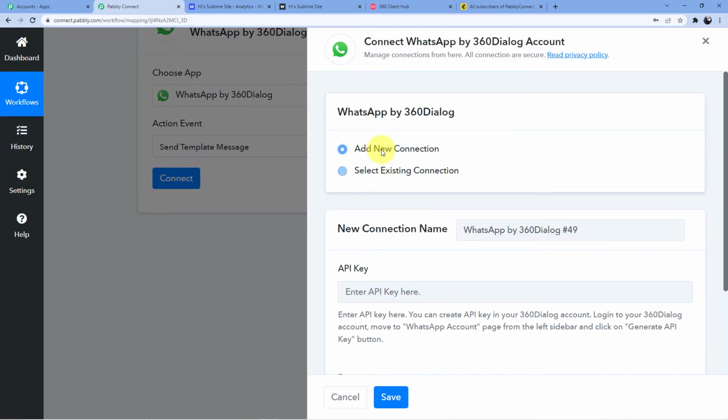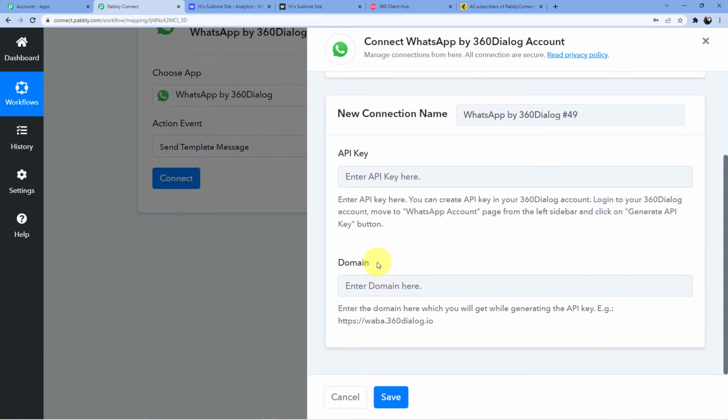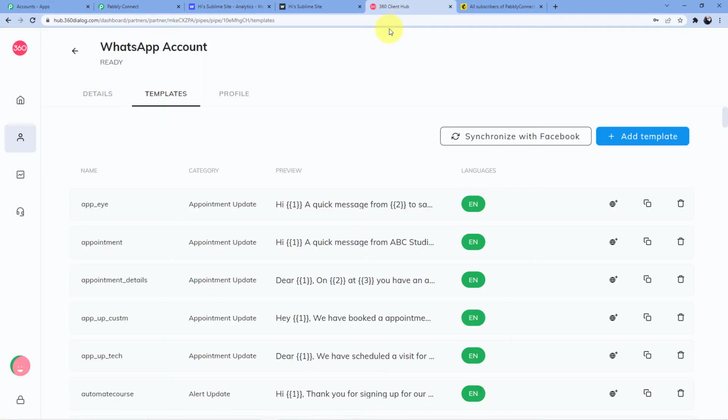Now how are you going to connect your WhatsApp? So you can see here it is written enter your domain and enter the API key. So your domain will be this. You can just copy this as it is and paste it. And now what is your API key? So you will go to your 360 dialog